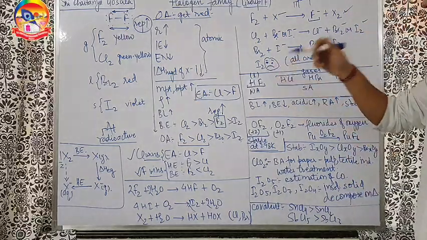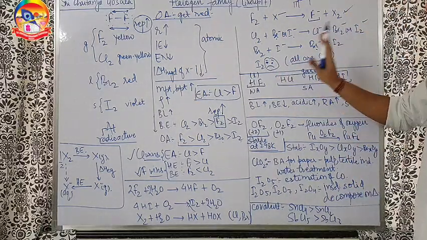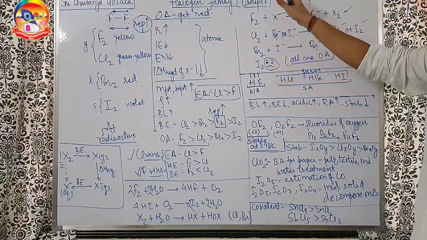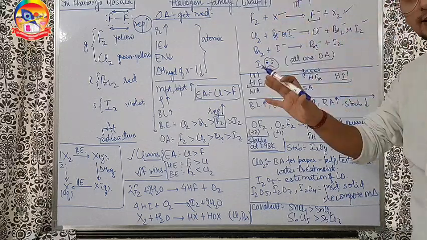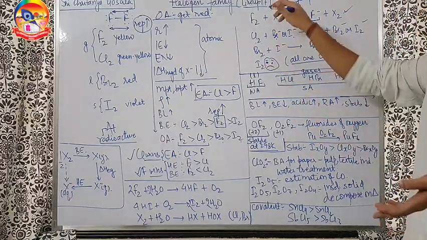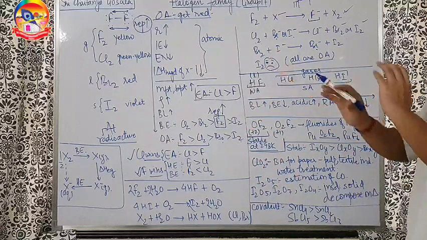But it's okay. Iodine, still he is a good oxidizing agent. He is an oxidizing agent, not good. He is an okay oxidizing agent. But you don't have to think that iodine is not an oxidizing agent. He is. All of them are oxidizing agents. But he is the worst out of fluorine, chlorine, bromine, iodine. So he cannot displace anyone.